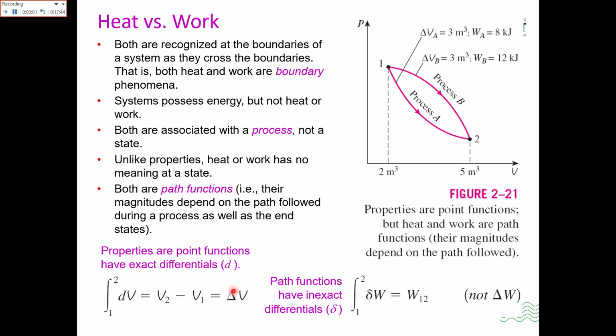Now heat and work. Heat and work both are recognized at the boundaries of a system as they cross the boundaries. Thus both heat and work are boundary phenomena. Like you are having a process, so they are crossing the boundary of the system. A system possesses energy but not heat or work. A system can have energy, but it cannot have heat or work,